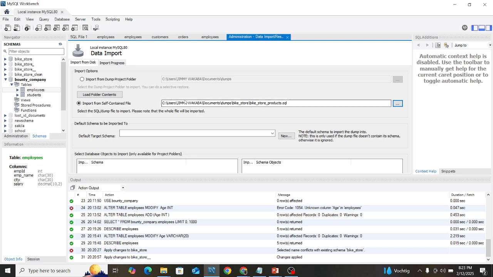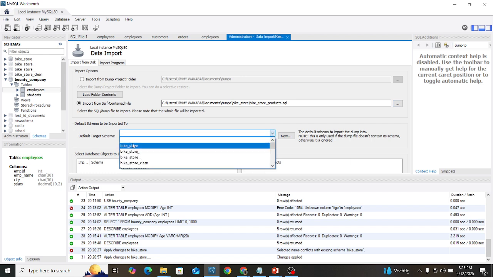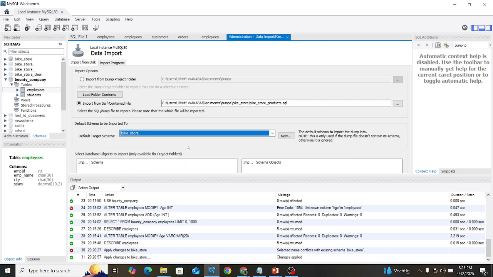So after that, we must choose the target schema where now we want to import that data to. We are going to do that by clicking this drop down here. So you can just click that drop down and choose the schema that you created. In your case, it will be bike underscore store. But in my case here, I'm using bike underscore store underscore. So when you click that,